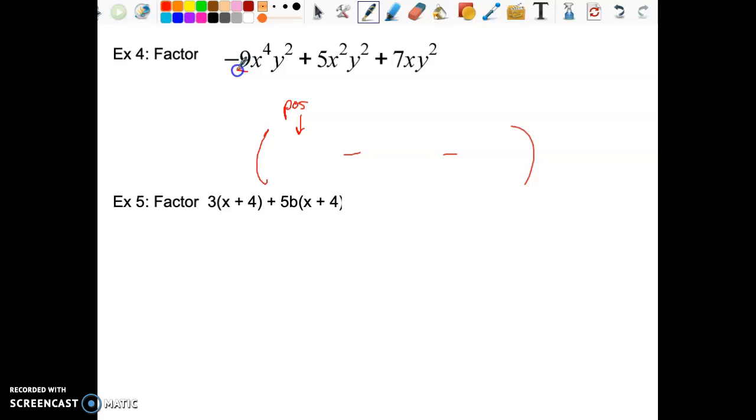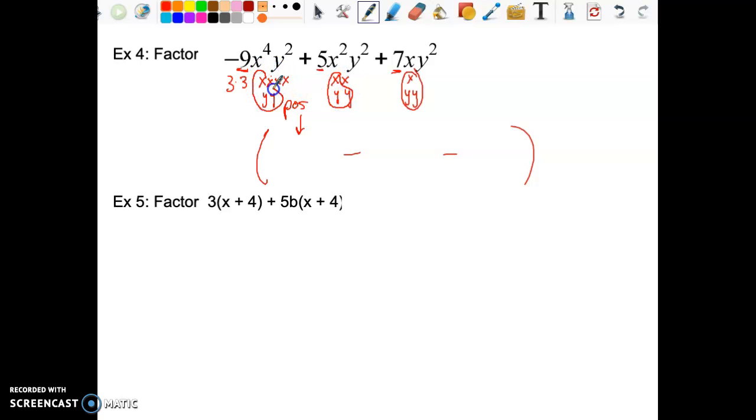As I'm looking at the numbers, 9 breaks down as 3 and 3. Well, this is already prime, it's not 3. This is already prime, it's not 3. So there's actually nothing common between the numbers. But as you look at the 4x's, 2y's, 2x's, 2y's, 1x, and 2y's, you can actually see that you could factor out 1x and 2y's between all,